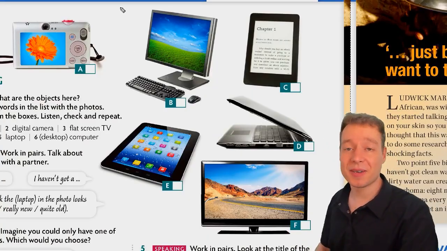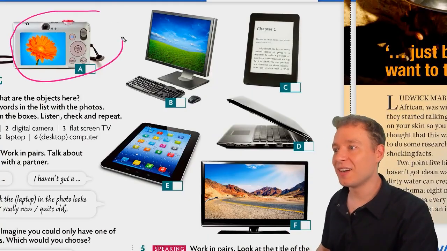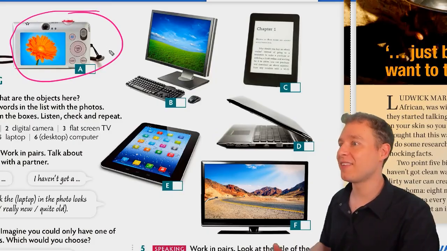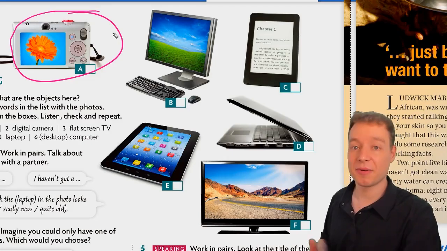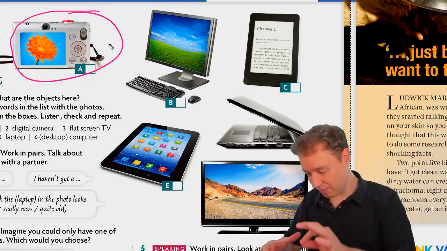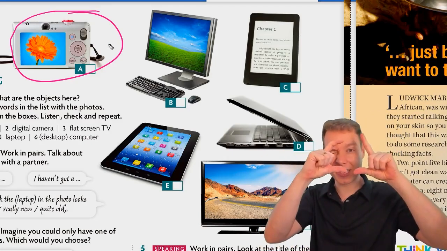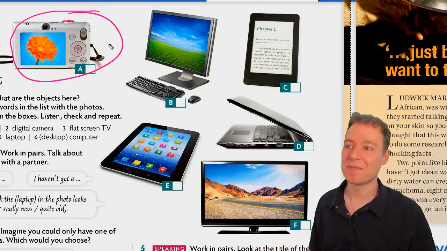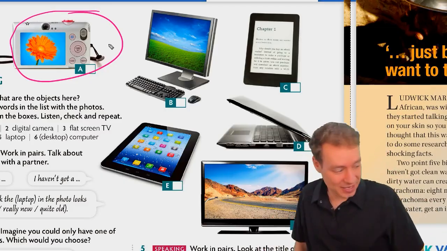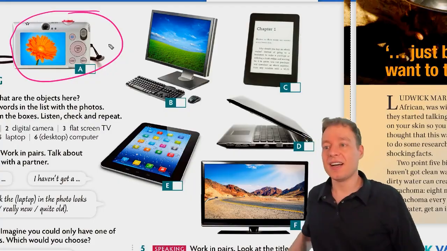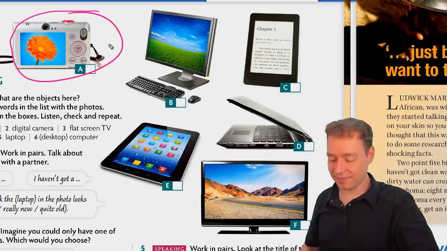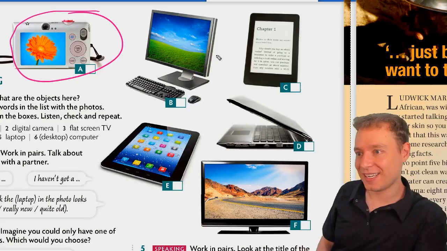I still remember, it wasn't that long ago that people used to carry digital cameras everywhere. When I would go on vacation, I would carry my digital camera and I would unzip my little bag, I would take it out and I would go ka-chick to take a picture of things. Now, all I do is take out my phone. I take out my phone and I go chick. Before, it wasn't so easy.